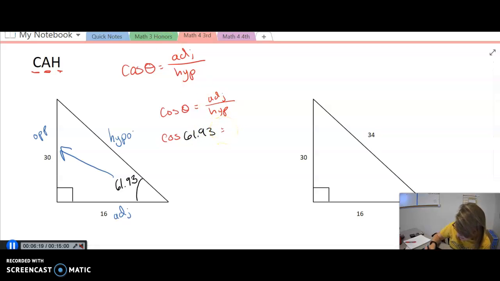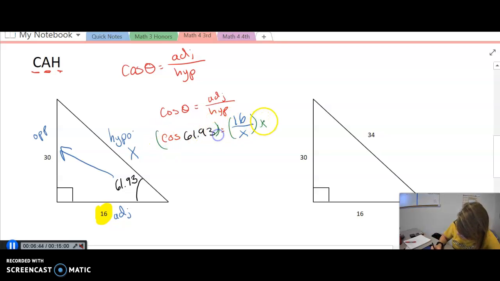And then adjacent, well, it tells us we have 16 for my adjacent. And then we don't know our hypotenuse, so it's x. Okay? So now what we have to do is solve for x. So if we solve for x, we're going to multiply by x to both sides. And then our x's cancel, so then we have